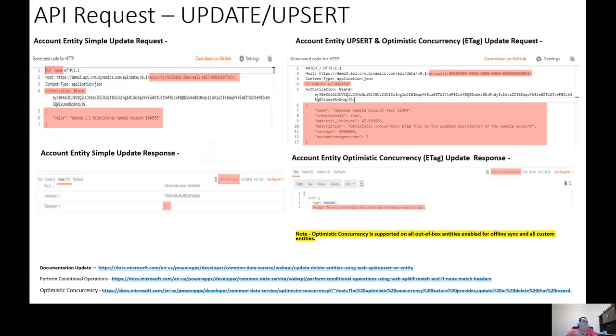Basically, if two users have accessed the record and you want to notify the user that, hey, this record has been changed since you last read it, before you perform the update, you have the ability to do that through ETags. I'll explain how you do that. You can do everything from simple to complex types of updates using the APIs.